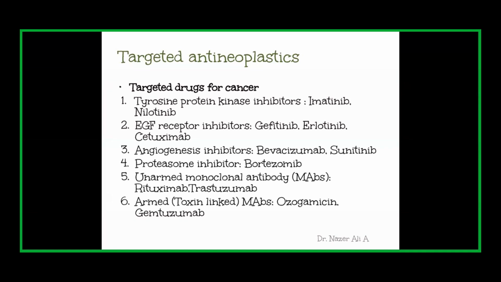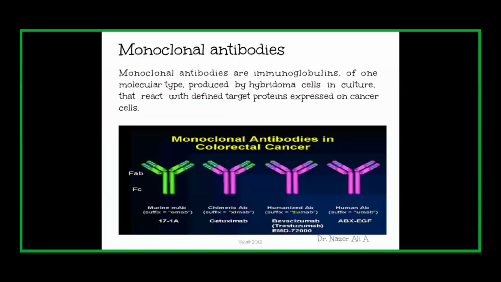So we have rituximab, and also there is a drug called cetuximab. We'll be using it for bowel cancers and head and neck cancers. And there is a drug called trastuzumab, especially useful for patients with breast cancer. But the disadvantage is these drugs are quite expensive. So not all patients can afford them, but the efficacy is very good, and the patients' tolerability is also very good.